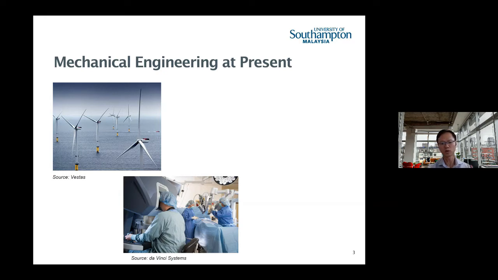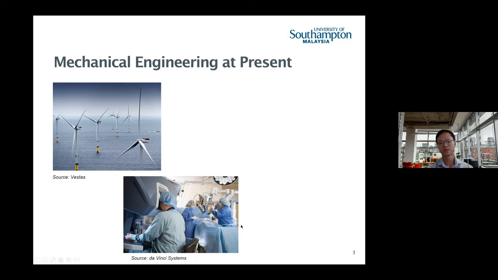But actually, if you look beyond the medical professionals, what you have are the robots that enable the nurses and the doctors to perform high precision surgery. Okay, so what this enables the doctors and the nurses to do is something that they cannot do by hand, because of the precision that is required. Mechanical engineers, how do they get involved in this